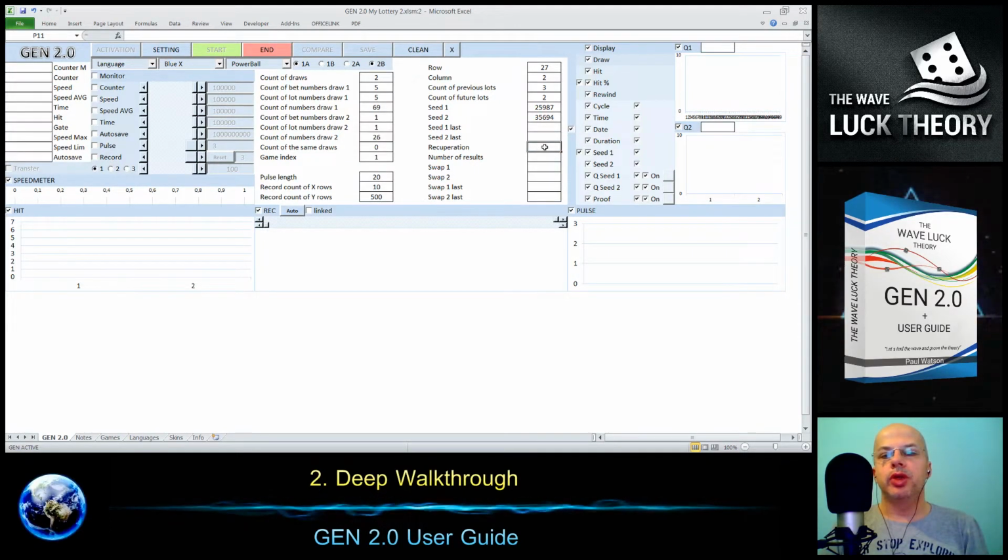Then we have the recuperation. It's a really important thing here, and I will explain it also during the generation. In a simple way, it means we, for example, generate numbers for the first day, second day, third day, but we do not have many matches with the third day, and we can move the generated numbers and compare them from the third day with the second day and with the first day.